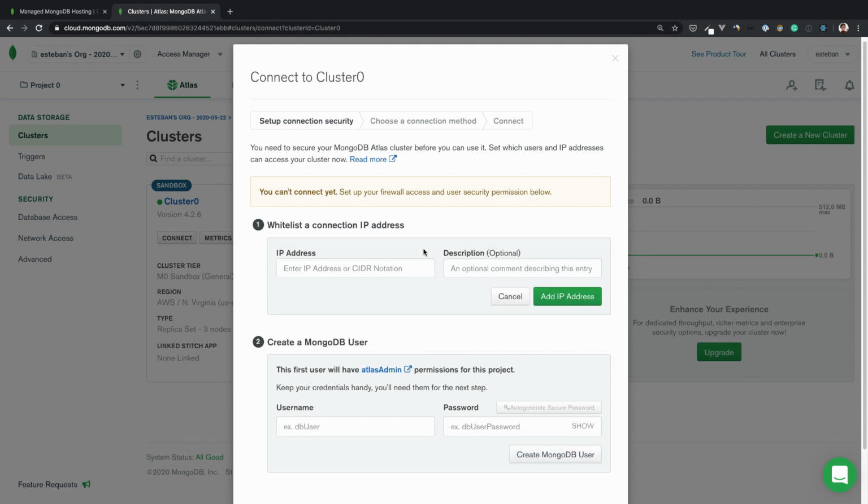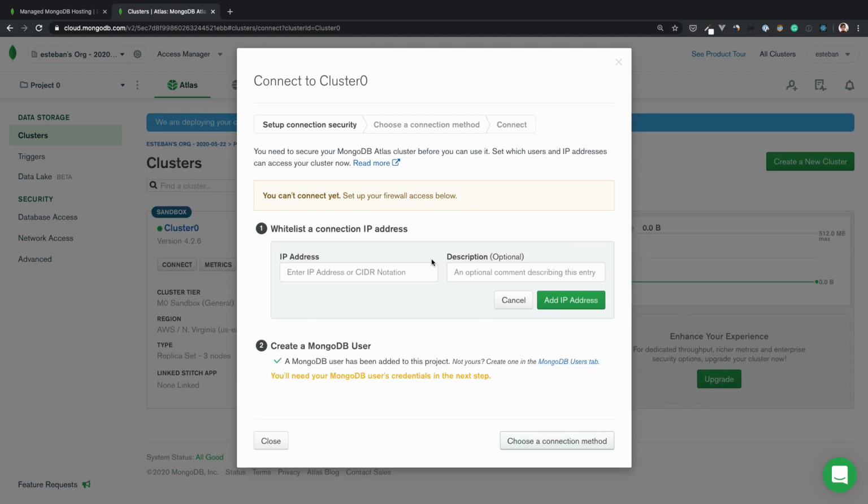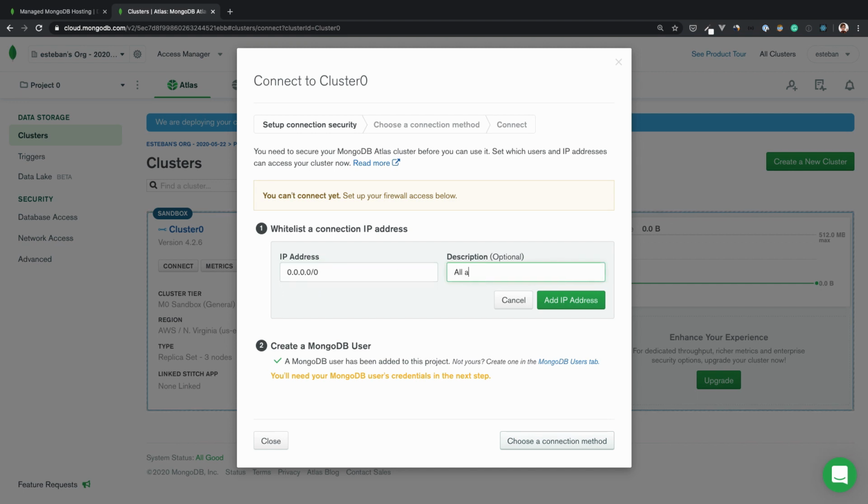Let's start with the user. You want to make sure that you use a strong password and save this for later since we will use this in our application. The IP address that we are going to set up for this tutorial will give access to anyone that has your user and password. Ideally, this IP address should be the one that you have your server in production, but let's keep it open